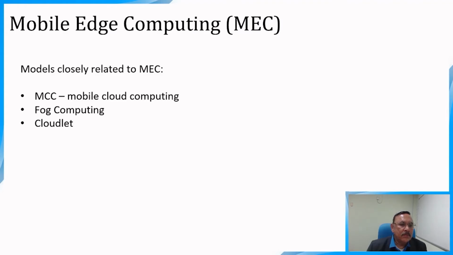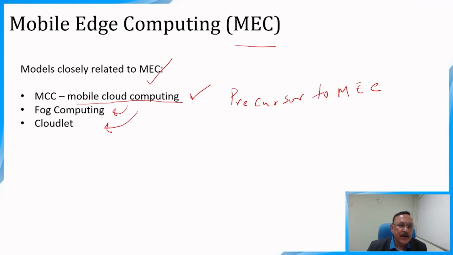Now, there are several models and there is no standard way of doing it. Standardization is yet to evolve. So, there are various models for mobile edge computing. The first one is called MCC, that is mobile cloud computing, a precursor to the MEC. That means, before MEC it was called mobile cloud computing, then came fog computing and then cloudlet, and now the very recent one, which is called